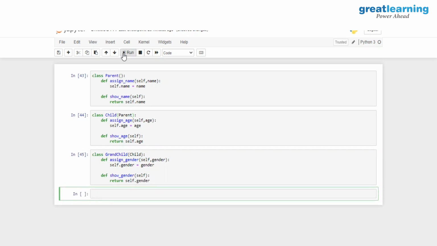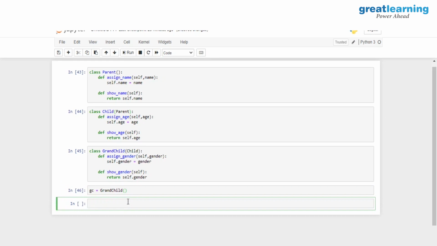And now that I have created these three classes over here, I have my parent class, the child class, and the grandchild class. I can go ahead and create the object of the grandchild class. I'll call it GC, and I will invoke it like this. And once I create this grandchild class, I can assign the name, age, and gender. So I will have GC dot assign. Let me write it down again. So here it is GC dot